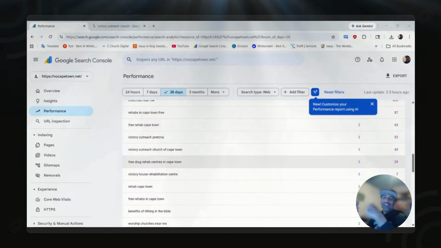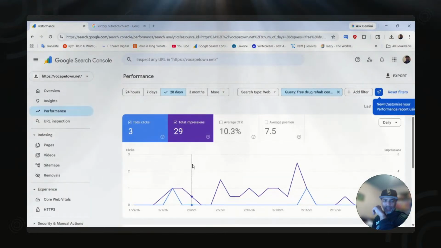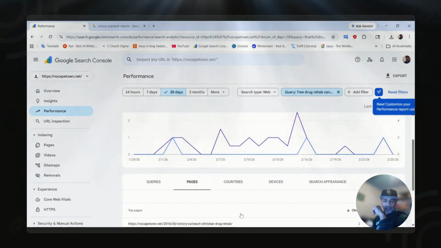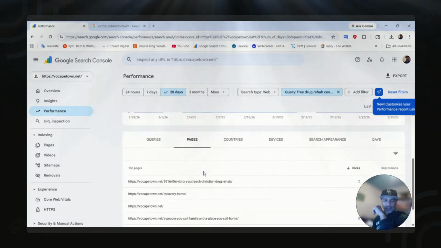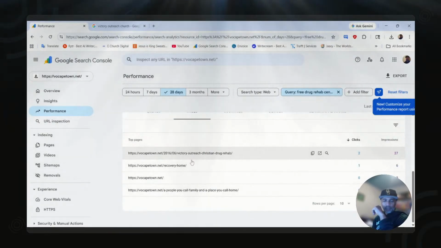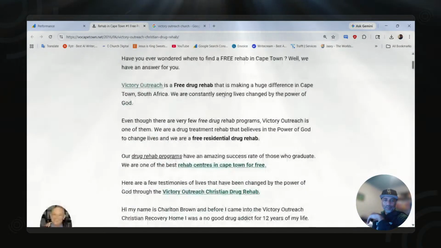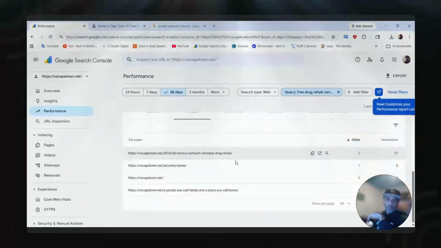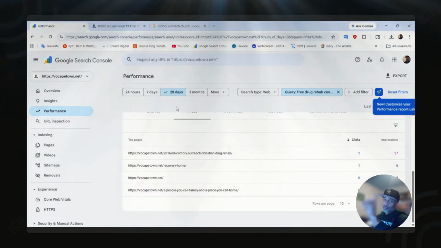Our church is optimized for that keyword, so that takes them to a blog. As you can see here, if I go on this keyword, I can come down here. Let me show you. I can say pages, and it'll show me what page is ranking for that keyword. You can see right here, our blog is ranking for that keyword. If I visit it, it takes me to the blog on the website that's actually ranking for that keyword. And there it is. That's powerful. It tells you how many impressions and how many clicks we've gotten. That's just from one blog.